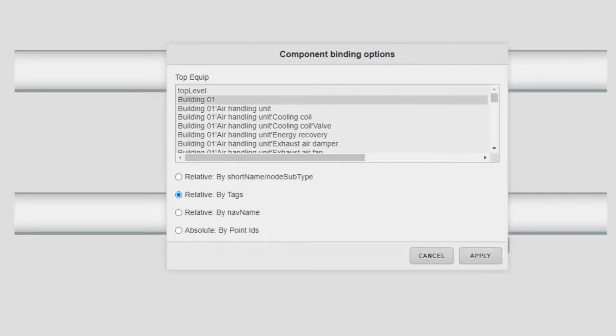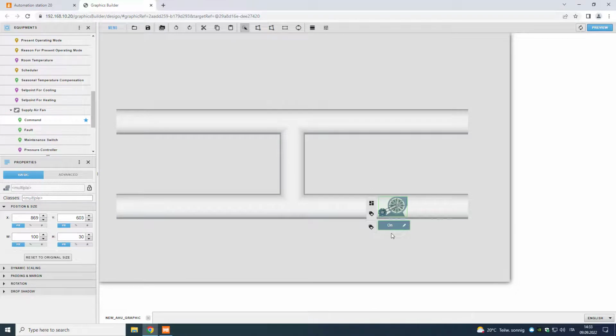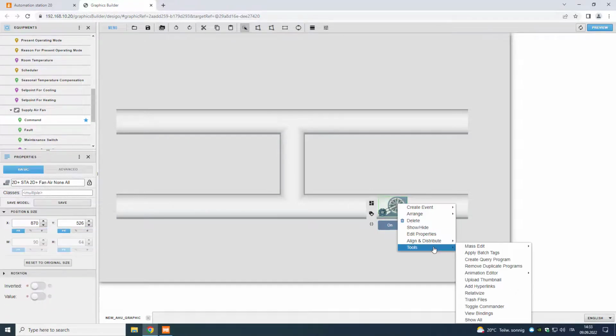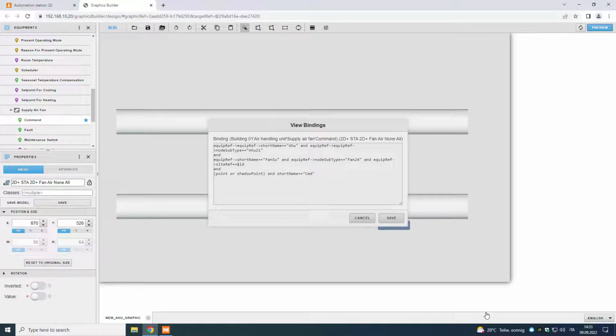The relativization by tag is more efficient for classic devices elements, and not for next-gen controllers like PXE4, 5 and 7. The relativization by short name is instead more optimized for next-gen devices, and valid as well for classic devices. So, we strongly recommend to relativize by short name. Check the binding again, and we now see it's bound relative by short name.